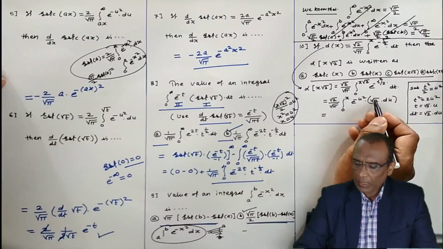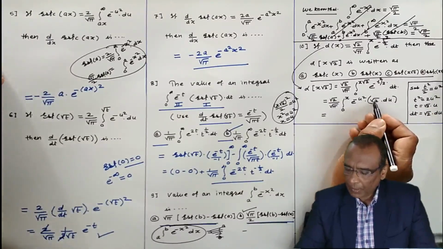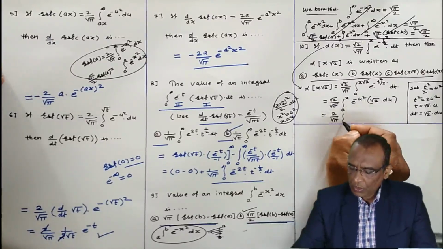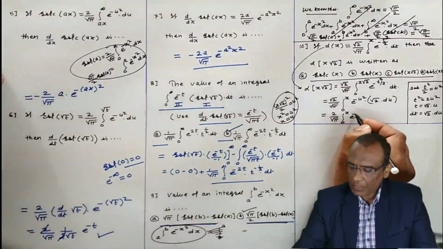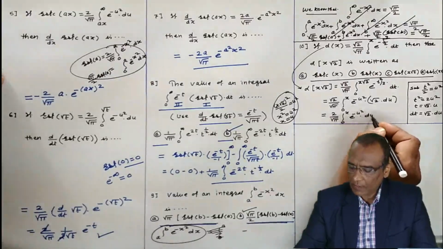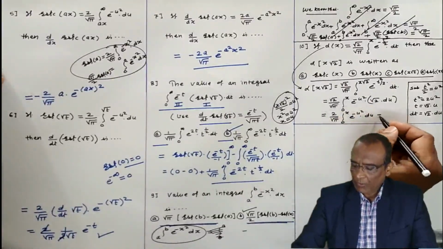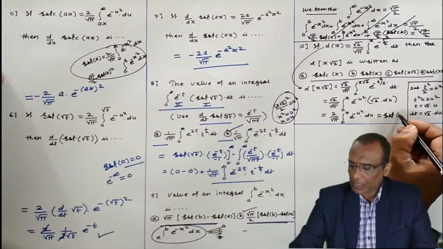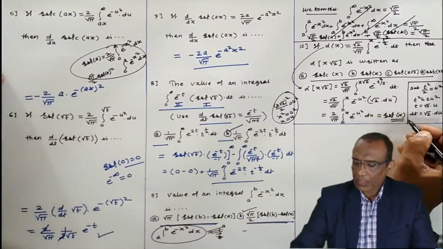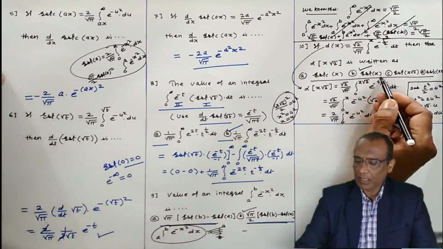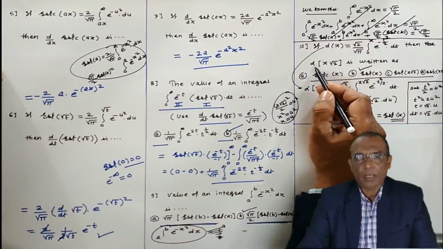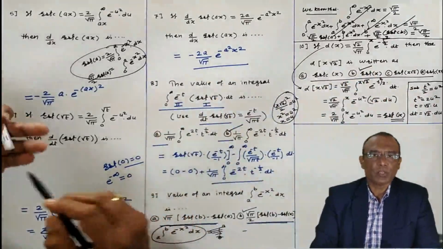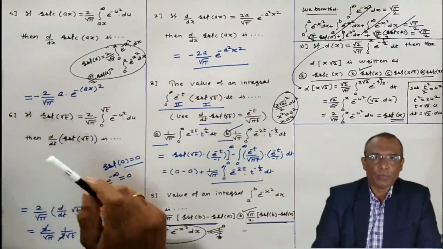Now root 2 multiplied by 2 by root pi, 0 to x, e power minus u square du as it is; root 2 into root 2 is 2. And what is this? This is the definition of error function. This is error function of x. So what is the correct answer? This B is the correct answer. Error function of x is alpha times x root 2. In this way we solved some short answer questions on error function. We stop here. Thank you very much.